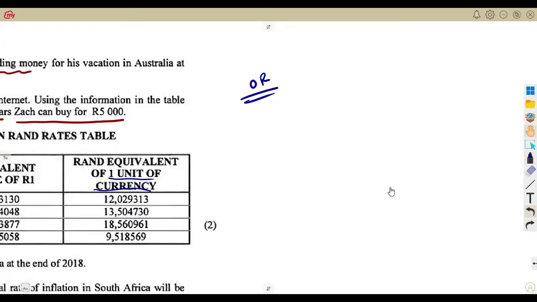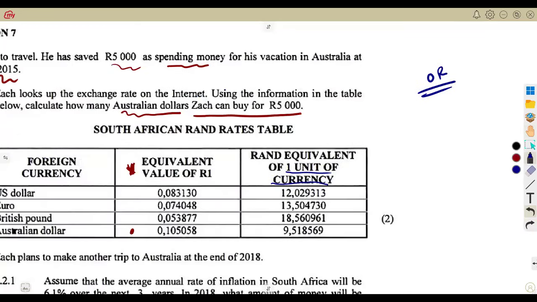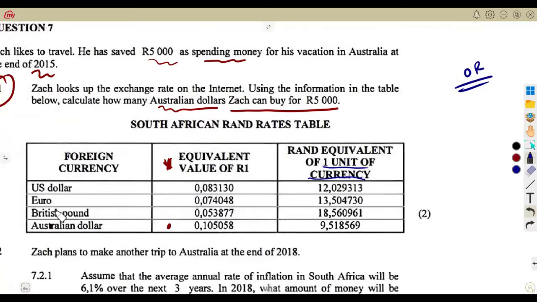The currency now is your foreign currency that you have here. 1 unit of currency, say 1 US dollar, that is what it means. 1 US dollar is equal to the rand equivalent. So it is equivalent to 12.09, whatever you have. If you move on to the euro, you do the same thing. You move on to the British pound, as we are focusing on